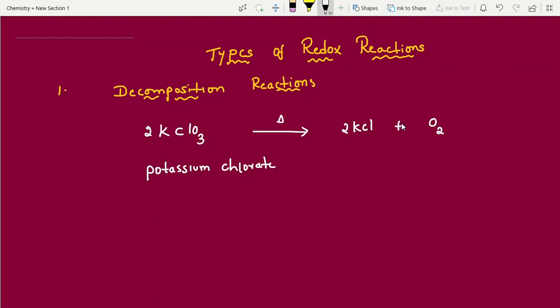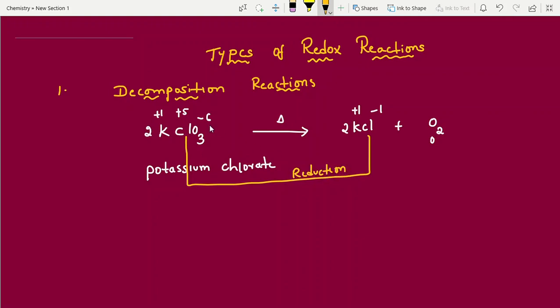Now, can you check whether it is a redox reaction or not? We are going to check. This is -6, this is +1, +5. Two videos have already covered how to calculate oxidation states, so please go through those. -1, +1, and this is 0. If you look at chlorine, it goes from +5 to -1, a decreased oxidation state. What do we call it? Reduction, right?